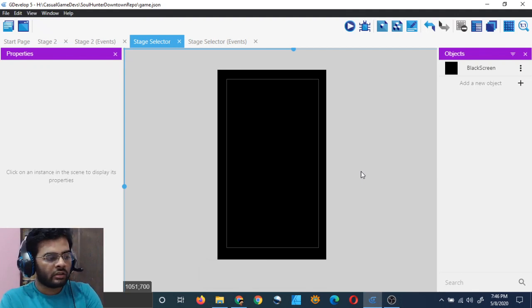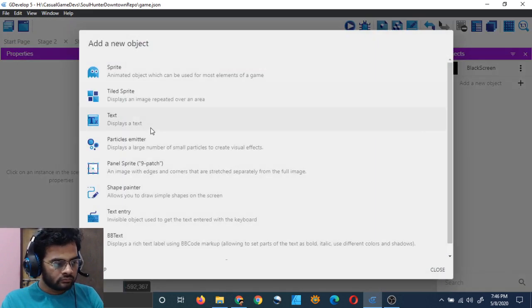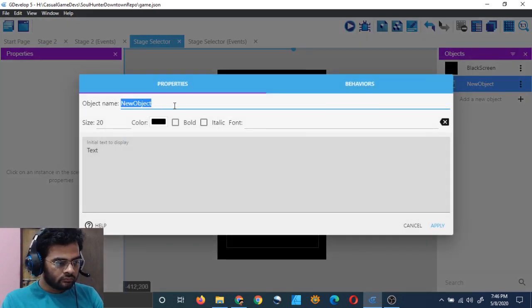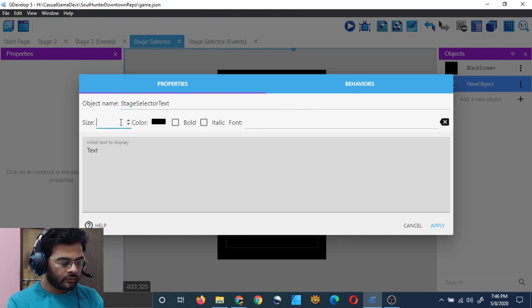We need some text. Stage selector text, size 60, select area. I will call it select area.